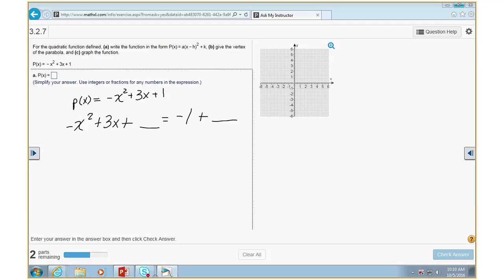Okay, we got a negative and we got a 3, so we should just go ahead and factor out the negative. Negative x squared minus 3x. What's half of 3? 3 halves. 3 halves squared is